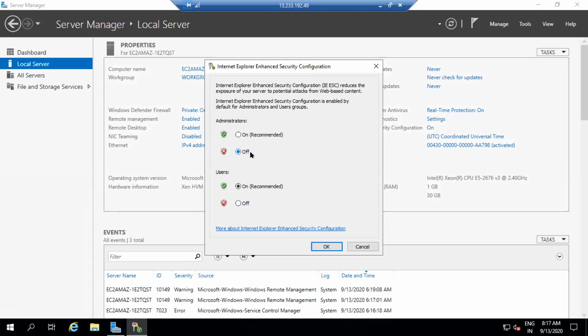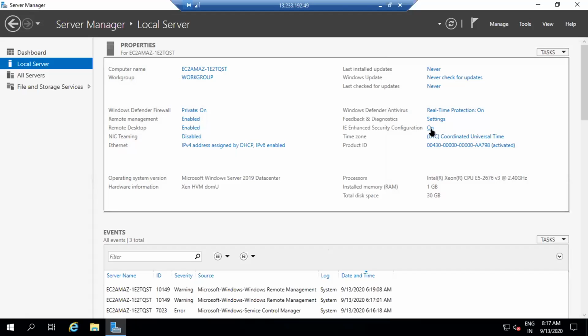Because we are disabling the IE security for the administrator account. Good. Now click on OK. For users, you don't have to switch it off, only for administrator. Right now we are logging in as an administrator; a user profile has not been created yet. For future use, if you use this as a server, because this is Windows 2019 Server Edition, you will definitely create some users and give them access, and they will be using this server. So for that, we are only allowing it for ourselves.